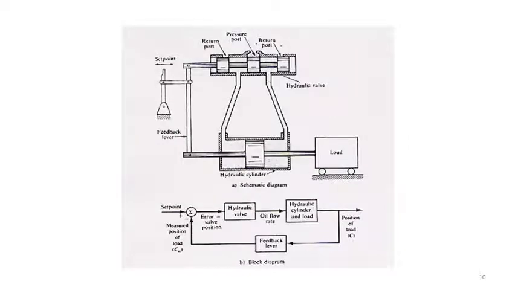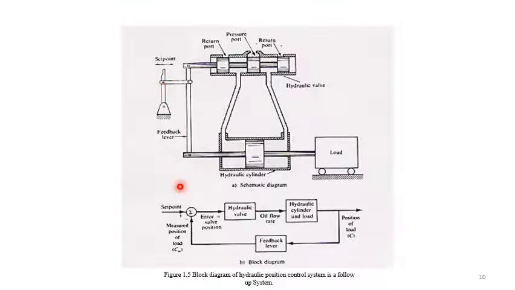Let's see how it happens in the case of a hydraulic cylinder. Here we can see a typical hydraulic valve, and we have the load which is getting actuated. The load is here. Then we have the end actuator, that is a hydraulic cylinder. Then we have the set point. The set point has different positions: the middle position, then the forward position, then the reverse position. These are the positions of the set point.